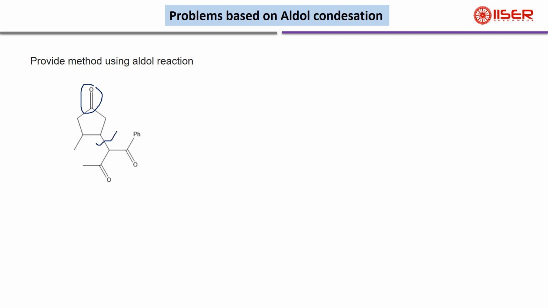So if you break this one, now in this case the synthetic equivalent will be a bit different. As you have broken this bond, this one is not at the alpha carbon. This is the beta carbon with respect to this carbonyl atom. This is alpha. This is beta. We know that a positive charge at the beta carbon is usually more stable than a negative charge. So if you keep a positive charge here